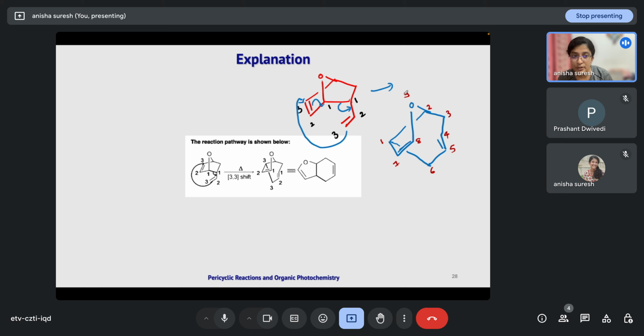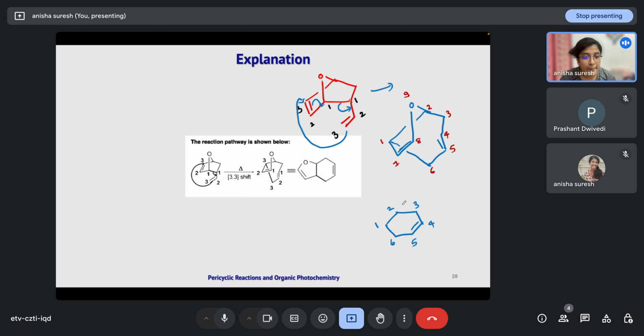And if we redraw it, first we will draw the 6-membered ring. We will give numbering 1, 2, 3, 4, 5, 6. Between 1 and 6 a bond is there. Then between 5 and 4 a double bond is coming, and connected to